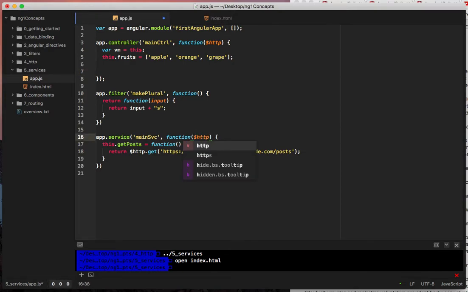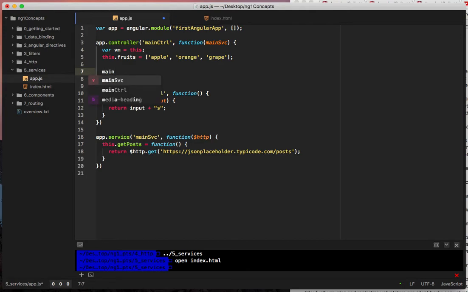Now we need to inject HTTP into here so it knows what it is. We can actually remove the HTTP from the controller because we no longer need it there, but what we do need is the service. So we can just inject it just like that. And now we will get a hold of getPosts. To do that, we say mainService.getPosts,